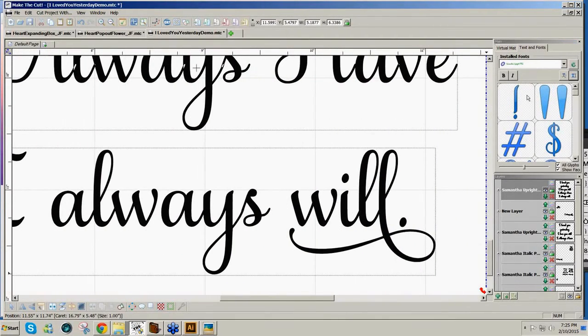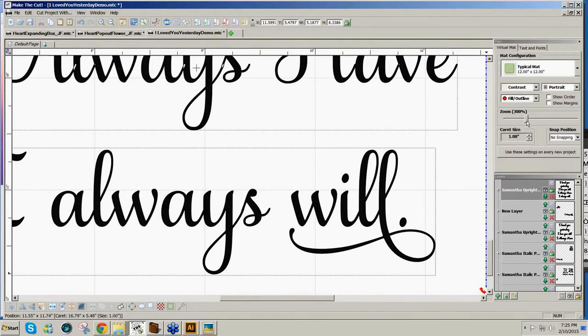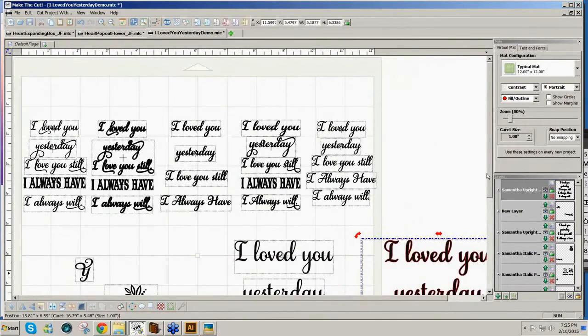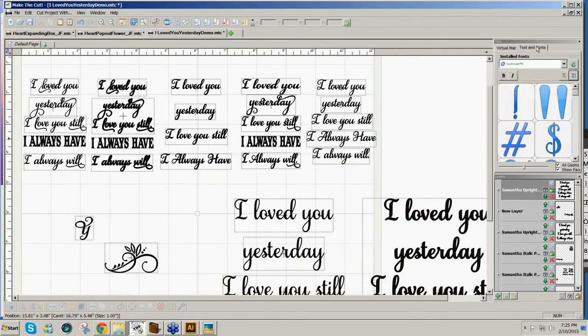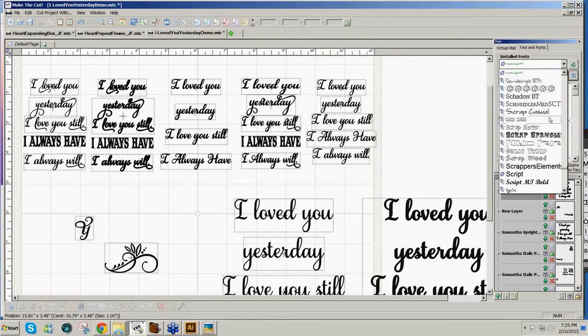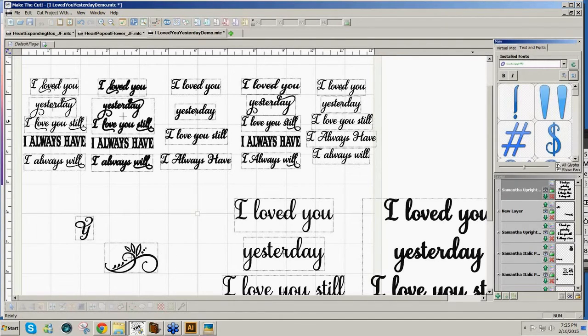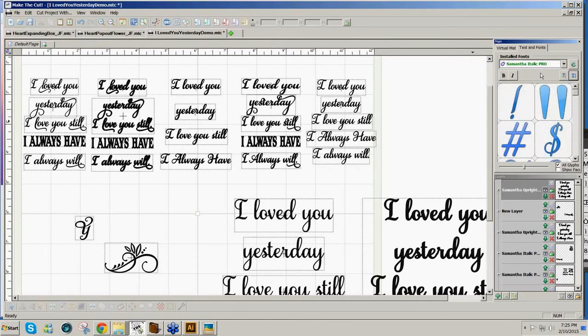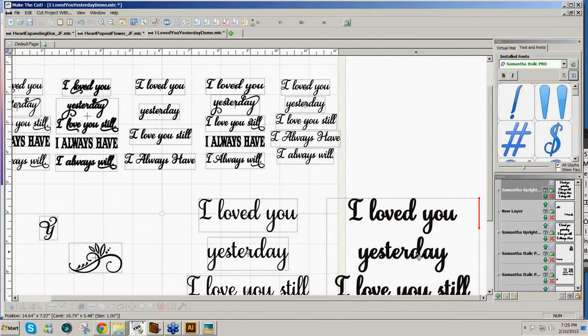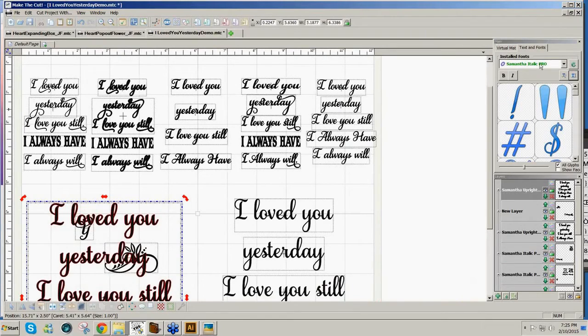Now I do have the bold of the italic installed. So if I go over here and select, I can see, if I don't show the face, I can actually see the name here, upright, and here's the italic. So just for demonstration purposes, I want to show you what will happen with this same image. Double click here